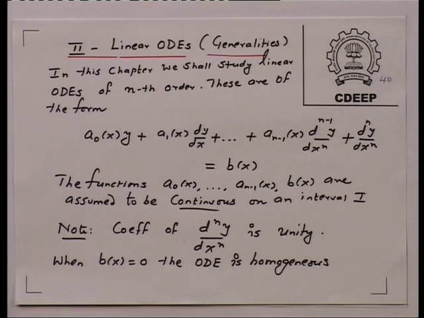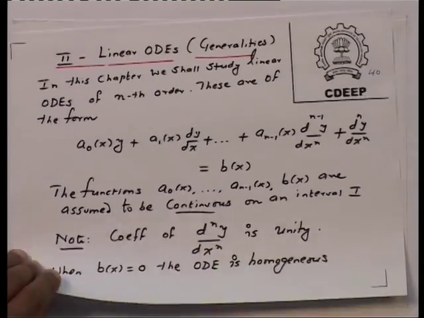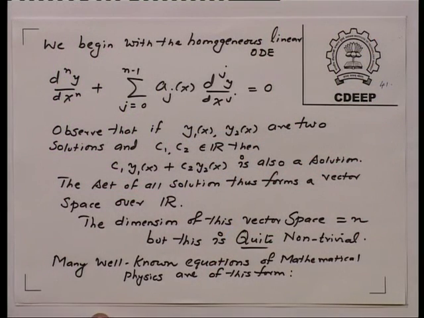Frequently we will work with the case when n equals 2, not because it is simpler, but because notationally it becomes easier to work with. For the nth order equation, the notations become more cumbersome, but there are no new ideas involved. So, we begin with the homogeneous linear ODE, which is the nth derivative of y, d^n y/dx^n, plus sigma j from 0 to n minus 1 a_j(x) times the jth derivative of y